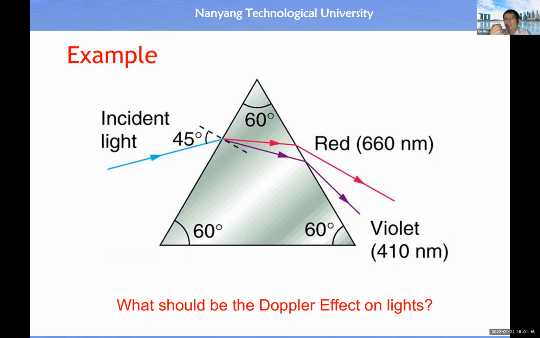When the light source approaches us, the wavelengths become shorter and the frequency will become higher. When the light source recedes, moves away from us, then the wavelengths will increase and the frequency will decrease, and